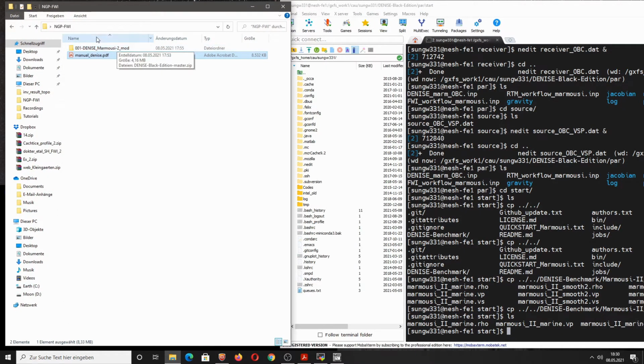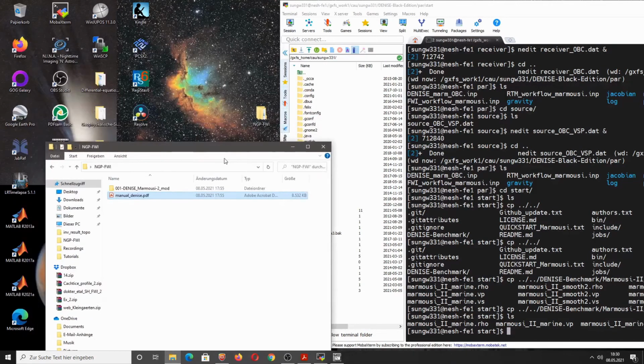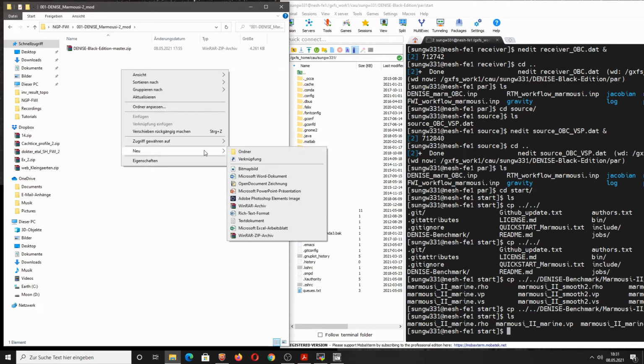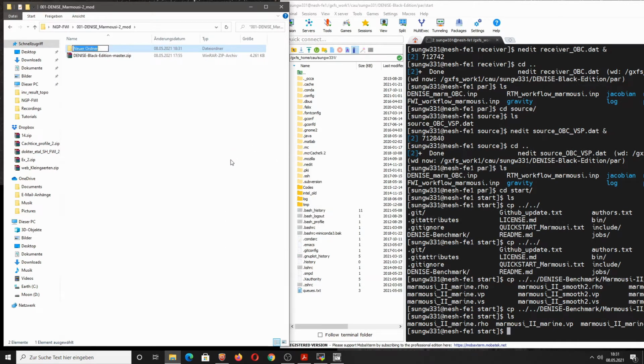So I go now here again on my desktop, NGP full waveform inversion, and into this directory, and I now try to store all the parameter files that we will use for this modeling run in order to reproduce them later on.